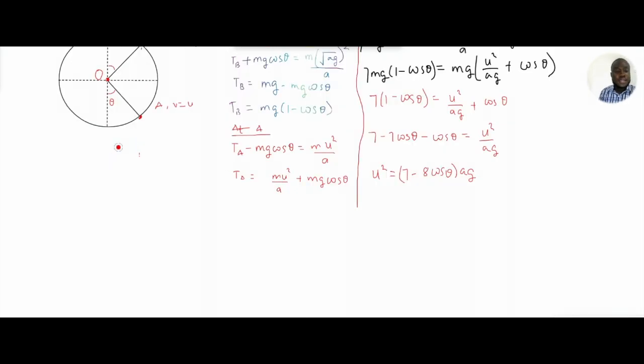Now let's consider the energy change between the point A and the point B. So from A to B. Or you can do from B to A, however you do it is up to you. I'm doing it from A to B. Let's start with the kinetic energy change. The change in kinetic energy will be the kinetic energy at the final position minus the kinetic energy at the initial position. And that will be